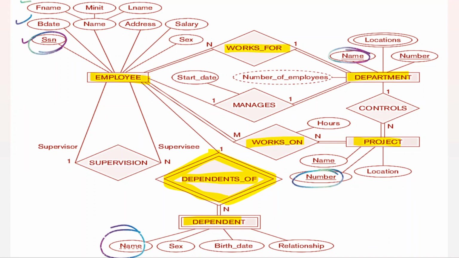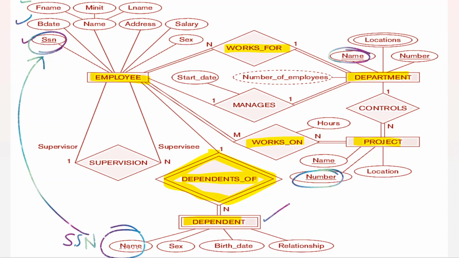Okay, so as we are having the weak entity as dependent, we need a primary key of the strong entity to represent each and every record of the dependent entity. So here we will be using SSN to represent each and every record of the particular dependent. So we are using the primary key of the strong entity set to represent a record, an entity.